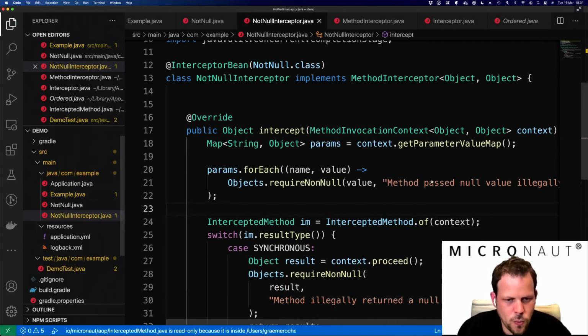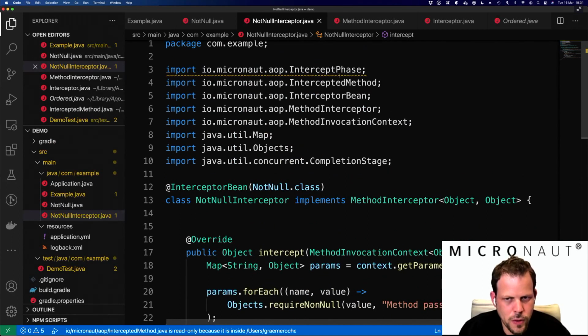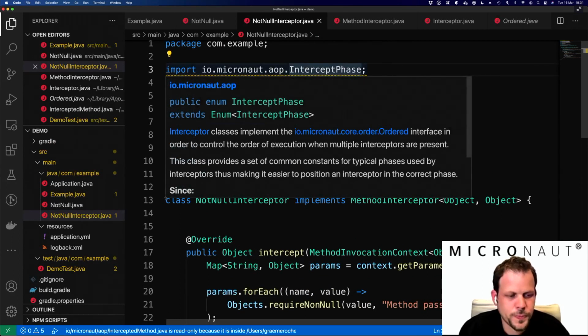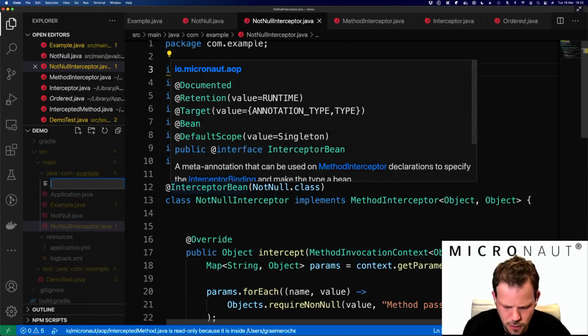Okay, so with that, I'm going to move on to the second type of AOP advice, which is introduction advice. So like I said, around advice, we decorate a method call. Another type of advice is to introduce additional behavior. So what I'm going to do is create a